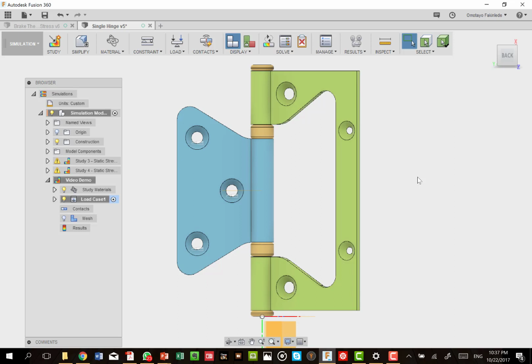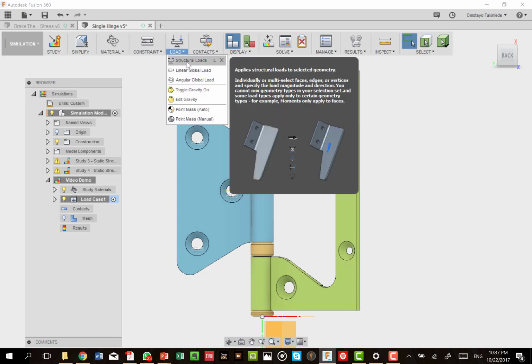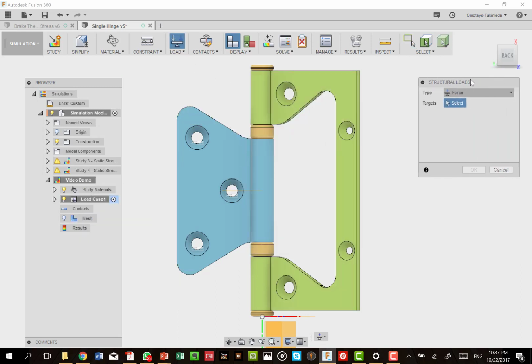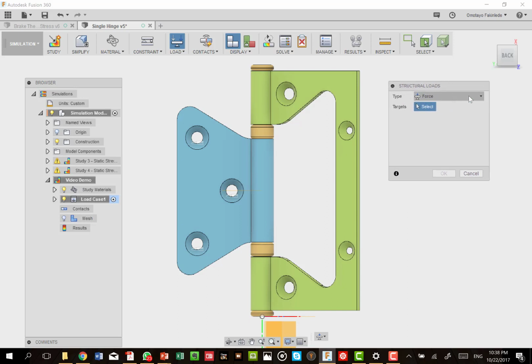This already sets the constraints for this simple problem. So the next thing we need to do, we've already set the meshing arrangement, and so we can now talk about the loads. If we talk about the load, again, we can go to the loading tool here, and then we can select structural loads. If you select structural loads, again, we are presented with this menu. So what type? Is it a force? It can be a force, a pressure, a moment, a remote force, bearing load, hydrostatic pressure, and so on. But let us select force.